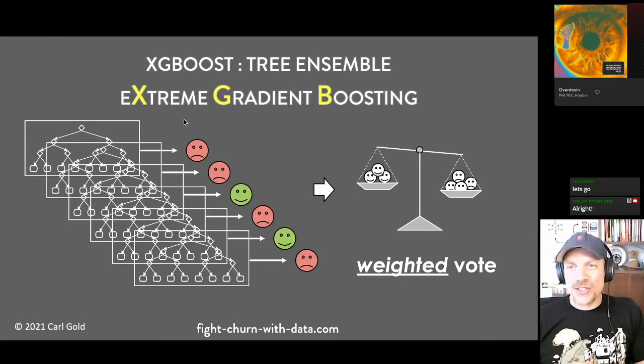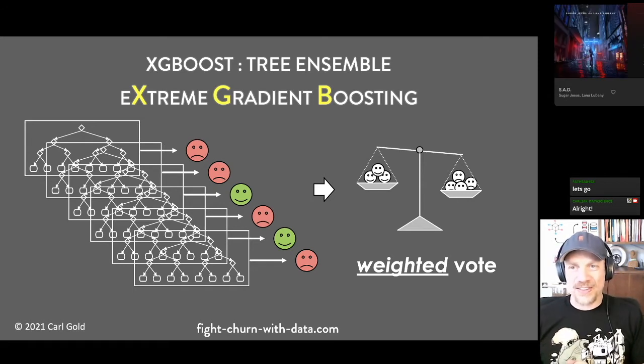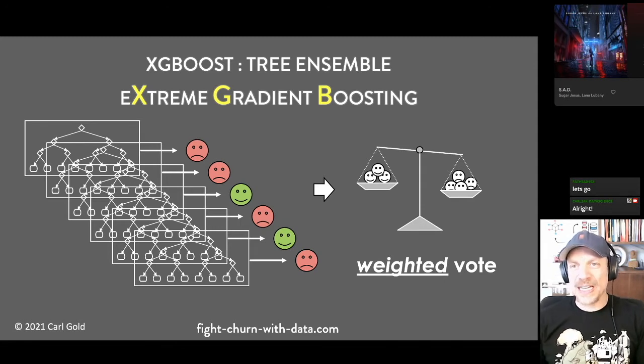Now, this is an introduction to XGBoost, which is the algorithm we're going to start running in just a minute. XGBoost stands for Extreme Gradient Boosting. This is actually an ensemble of trees, or a grouping of trees, is what they call it. It means that the algorithm doesn't just make one decision tree, like we were showing in the last slide. We actually make a whole bunch of decision trees. And then instead of going to one tree and saying, did they churn or not, it actually takes a weighted vote from all the trees.